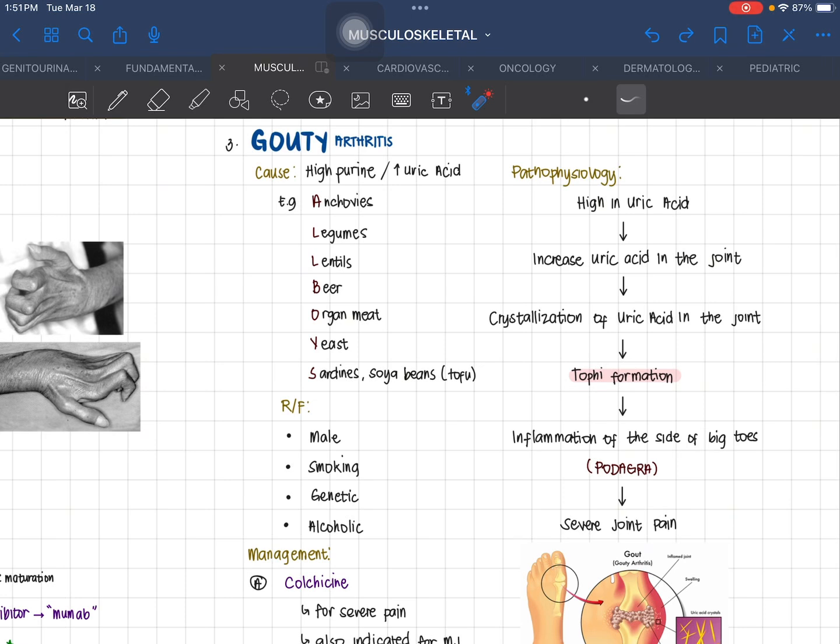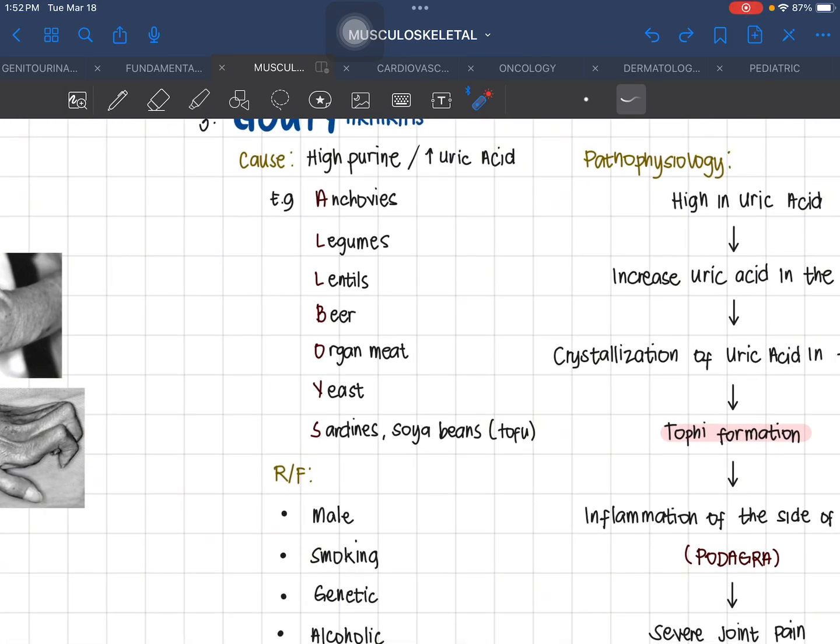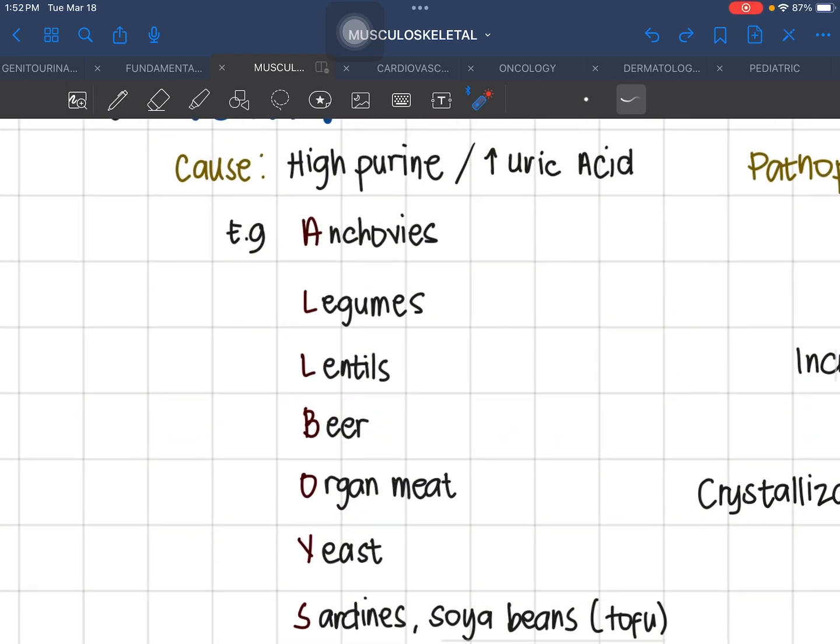Okay, so another type of arthritis is gouty arthritis. Gouty arthritis, ang cause nito ay overweight and dahil meron ka rin bad diet. Yung diet mo ay high in purine o high in uric acid. So, ano ba yung mga foods that are high in uric acid o high in purine? So, meron tayong term o word na all boys. A stands for anchovies. L stands for legumes. Another L stands for lentils. So, B na tayo. B stands for